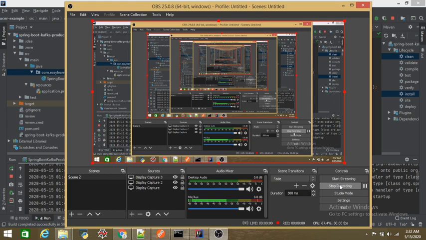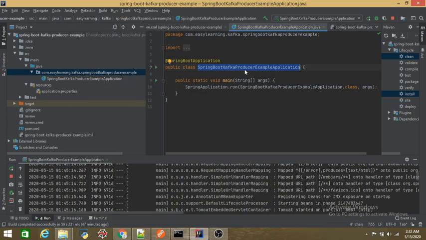In my last video of Kafka, I talked about how to create and install a Kafka topic, how to work with Zookeeper, how to create a topic, and how to send string messages from the producer and consume those messages from the topic by the consumer. Pretty much all of that we did using the command prompt of Kafka. So in this video, I'll be talking about how to produce string messages to the Kafka topic using a Spring Boot Java application. So guys, let's get started.